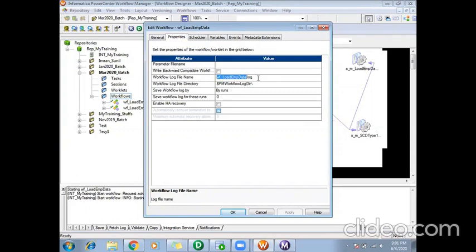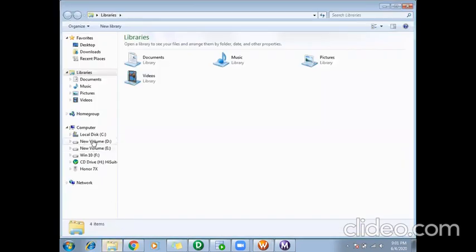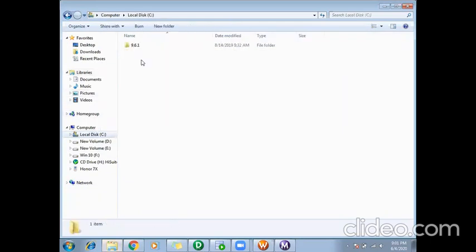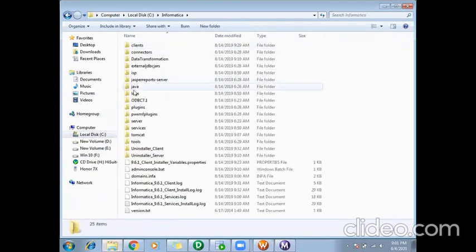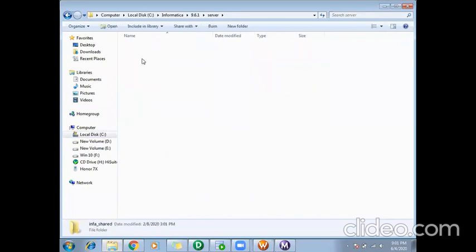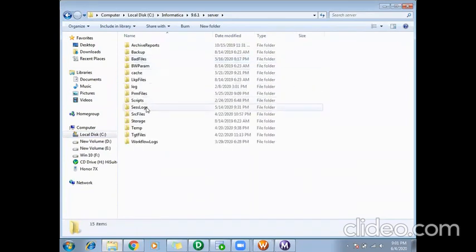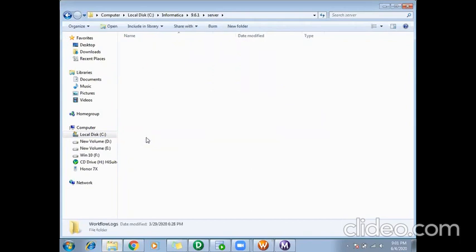That is the naming convention we follow, so that it is easy to identify if you give the same workflow name to your log file. And the directory where you want to store your workflow logs: this inbuilt variable $PMWorkflowLogDir refers to this path, in the Informatica 9.6.1 server infra shared workflow logs.